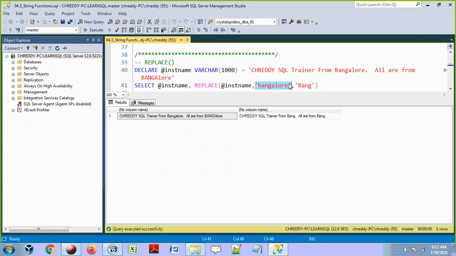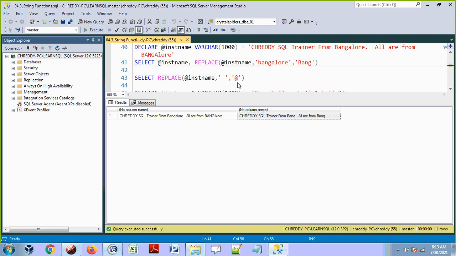It will identify all the places and replace the keyword Bangalore with Bang, and then show me that value. See now here: Ch ready SQL trainer from Bang, all are from Bang. So the REPLACE function will identify a word in a value and replace that word with a different value.